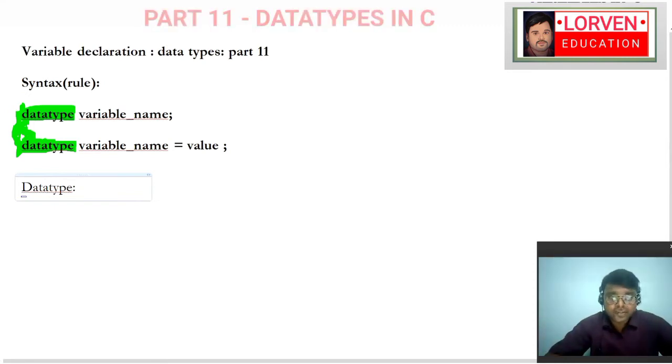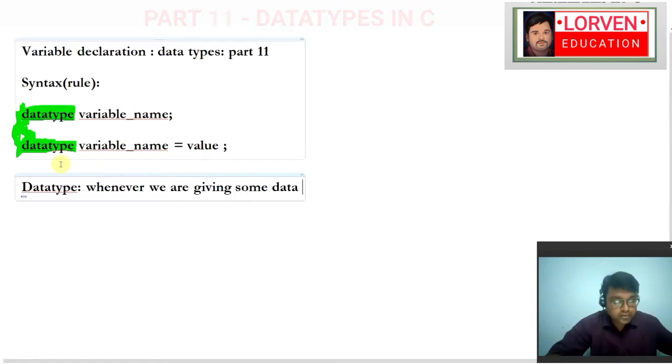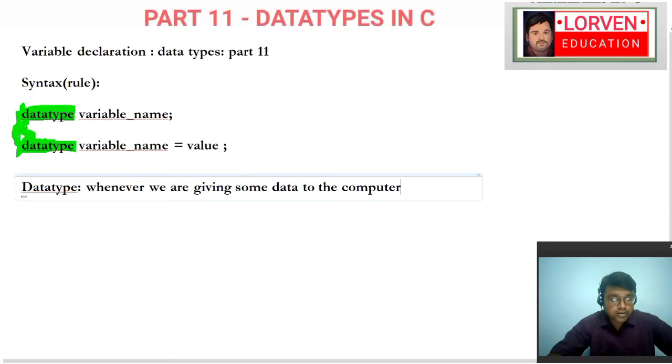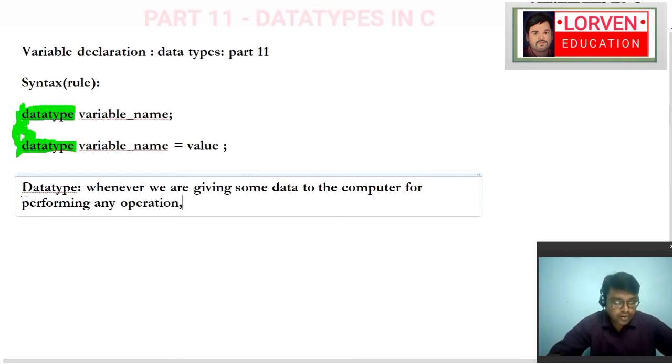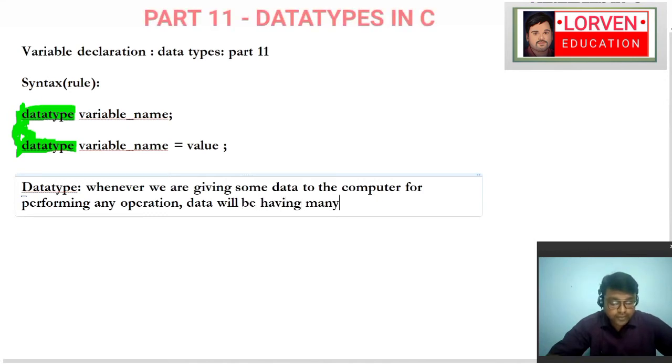Before going into the definition of a data type, we have to understand that whenever we are giving some data to the computer for performing any operation, data will be in many formats.